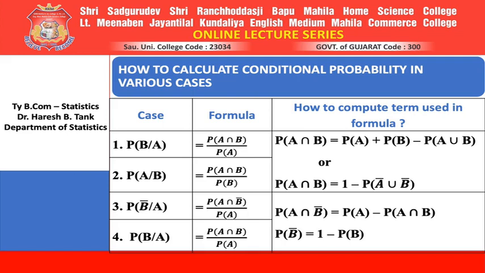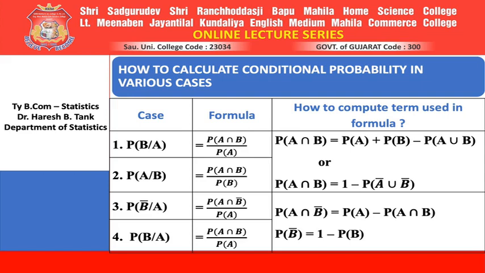Similarly, probability of A where B had already occurred. Again the same thing, probability of A intersection of B divided by, after the slash now it is B, so divided by probability of B. Fine enough? Okay. Now probability of A intersection of B is needed in this case. As we know, probability of A intersection of B can be found in two different ways, using addition theorem as probability of A plus probability of B minus probability of A union B, or it can be found using complementary. So probability of A intersection of B is nothing but 1 minus probability of A complement union B complement.